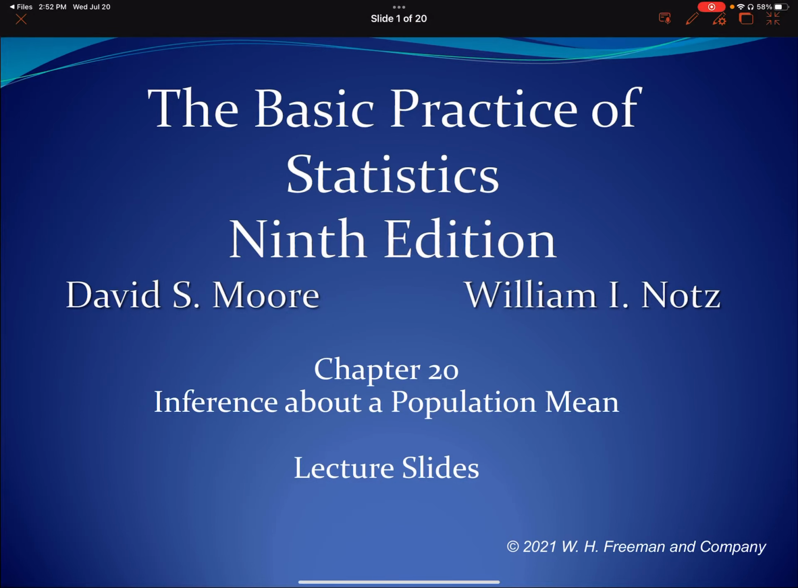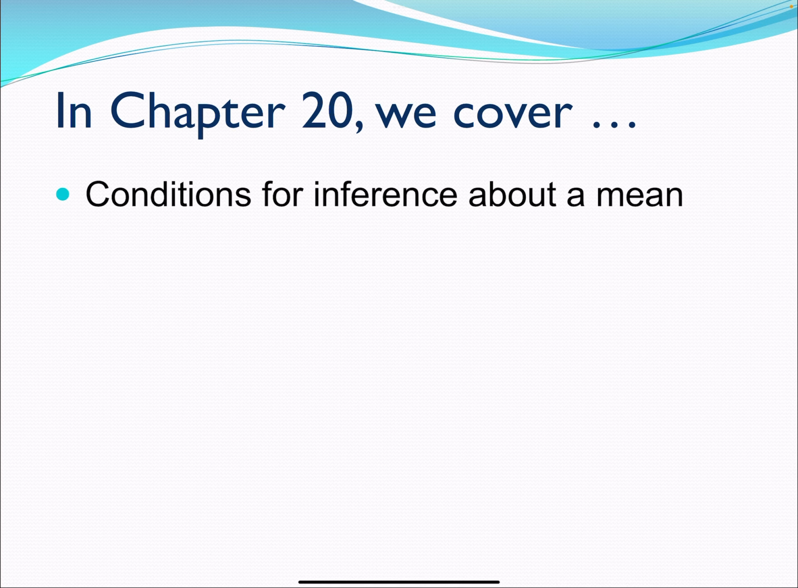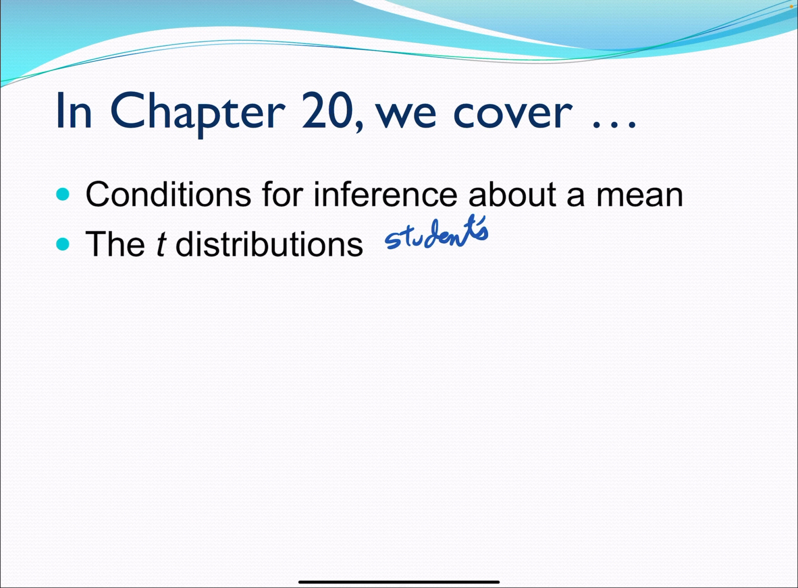This video covers chapter 20, which is inference about a population mean. What we're going to cover in this chapter is the conditions for inference about a mean, what a t-distribution is, also called a student's t-distribution, and when we're going to want to use a t-distribution instead of a normal distribution,